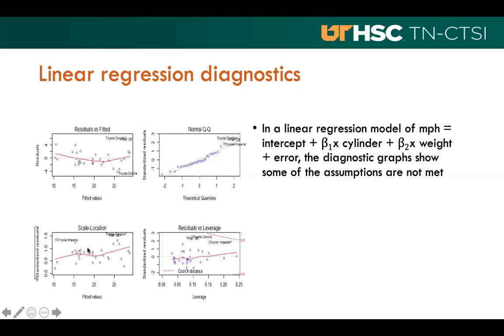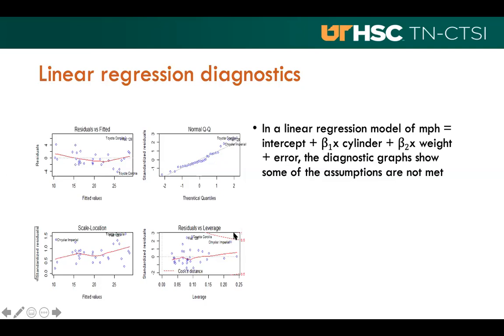The third figure is the scale location, so fitted versus the square root of the studentized residual. Again, this shows a curvature, which tells us that the homoscedasticity, or constancy of variance, for the residuals is violated. In the last figure for influential variables, here we have the Cook's distance plot